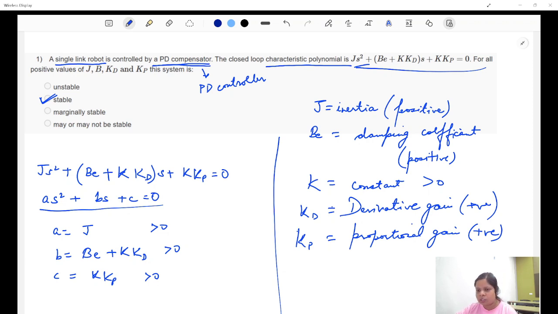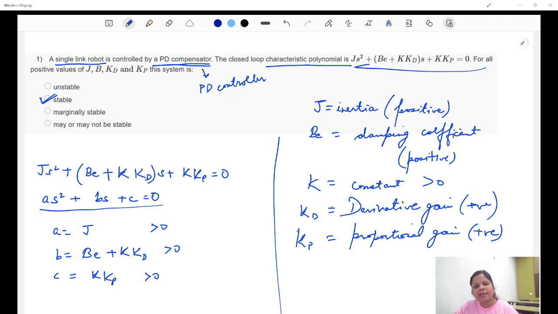What happens when your system is first order? You are able to say it with the help of the sign. When it is second order, then also you can say it with the help of the sign by solving the quadratic equation. But when you go higher and higher, it is not always possible to find the roots. Let's say you have a seventh order system. It's difficult to find the roots of the system and then tell whether the system is stable or not. So Routh-Hurwitz criteria just applies two conditions there. You have all the entries filled, and if there is some change in sign, then that means there is some pole lying in the right half of the S plane, and that is sufficient. So that is why we use this.